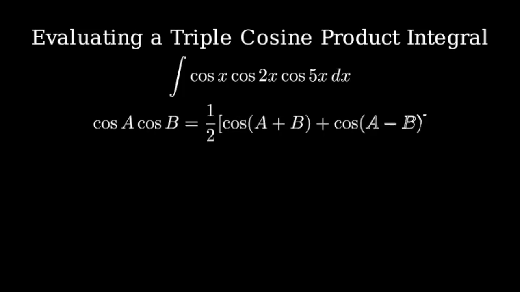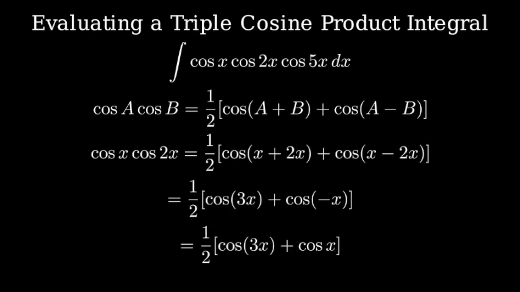First, recall that the product of two cosines can be written as 1/2 times the cosine of their sum plus the cosine of their difference. Let's first apply this to cosine x times cosine 2x. This gives us 1/2 times the cosine of 3x plus cosine negative x, which simplifies to 1/2 times cosine 3x